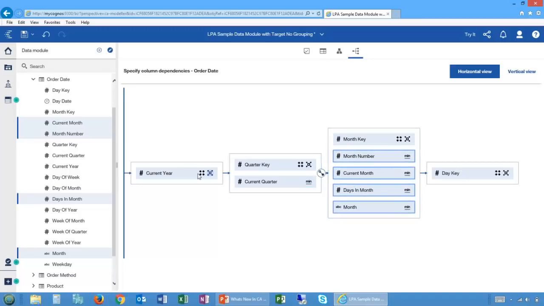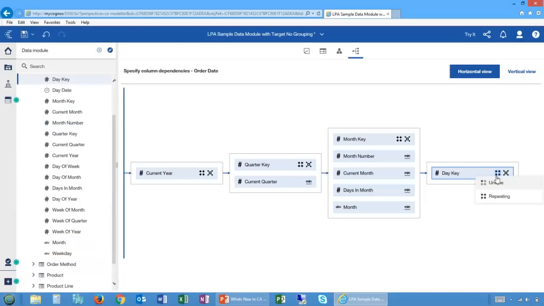And you see this icon here by default. It's showing that it's repeating data here. However, day key does not repeat. So I'm going to change that setting to say that my day key is unique. And while there is a bunch of stuff that is also unique at the day level, even with this incomplete change,